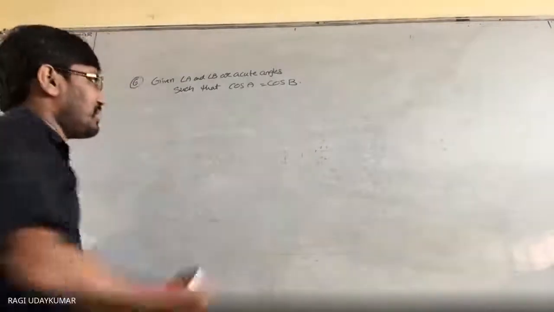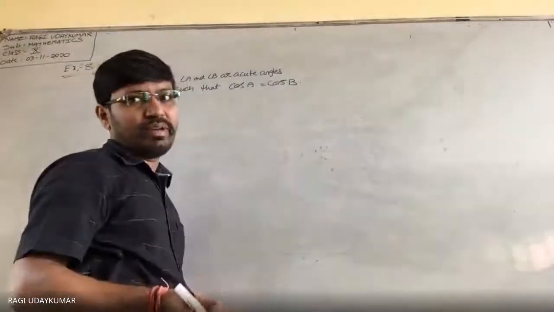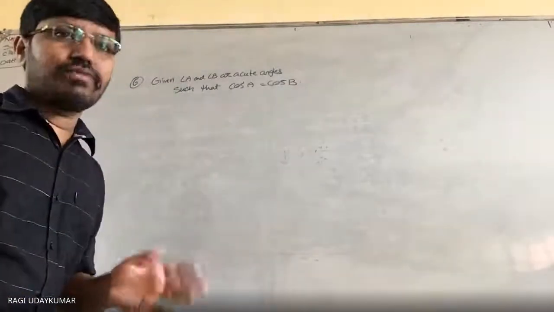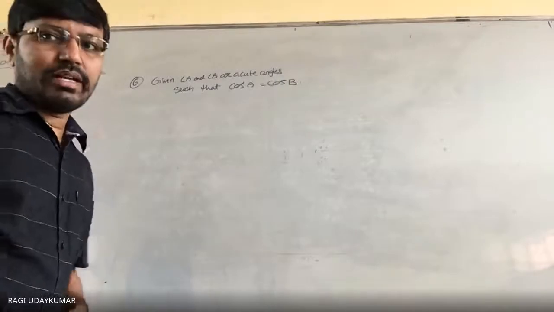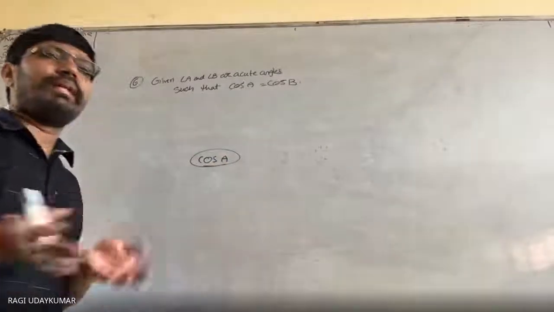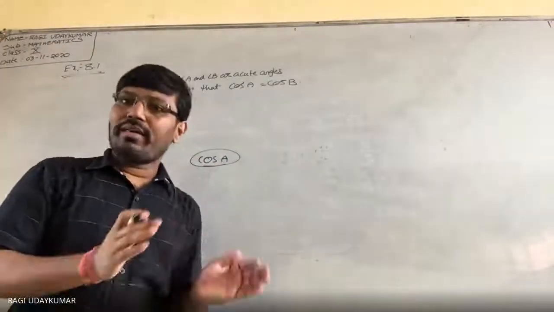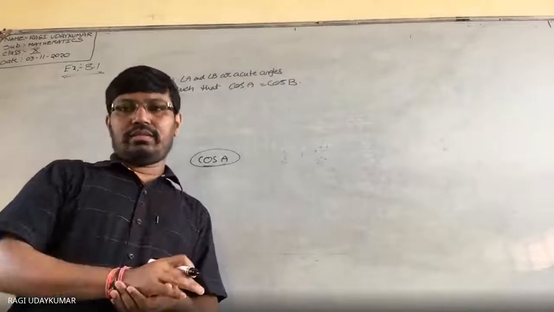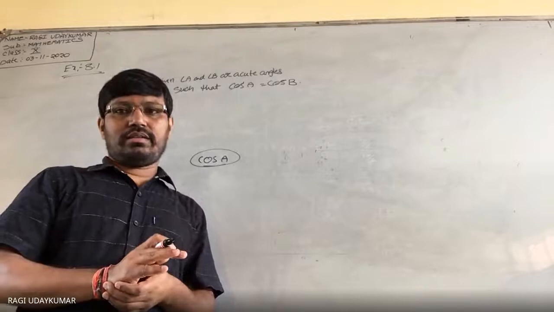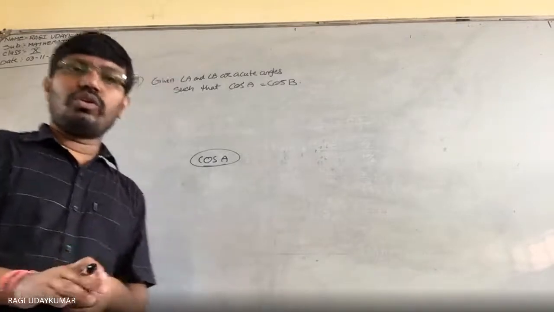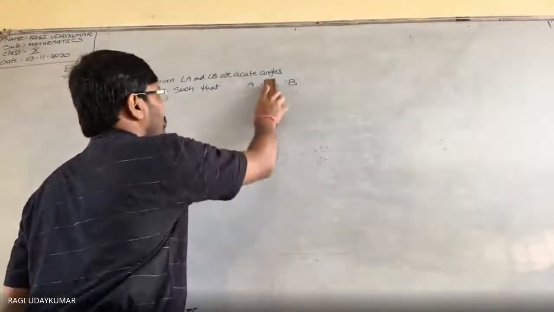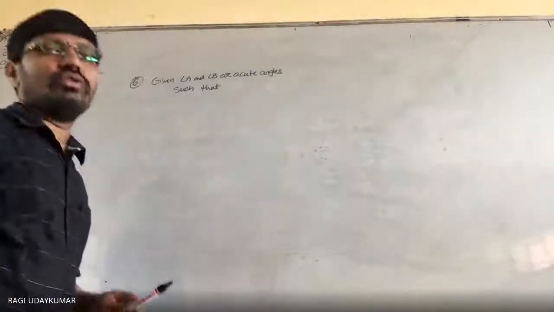Most of the students make the mistake: cos cancels over, A equal to B. Now, do remember, this is the wrong way if you are doing it like this. Because cos A is completely one trigonometric ratio. It is not a product, cos into A, not like that. So do remember that point. That point you people need to keep in mind a lot. Understood? So cos cancels, A equal to B, right? If you write that, then it is completely wrong. You are not supposed to write like that.